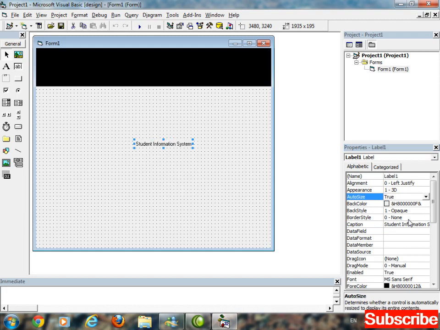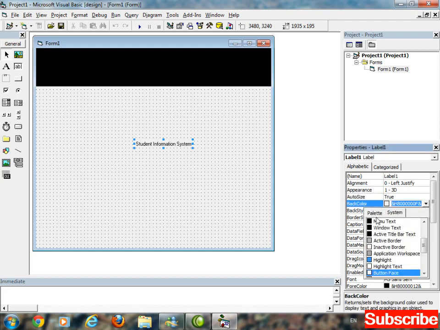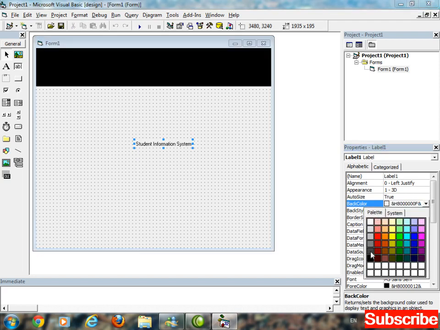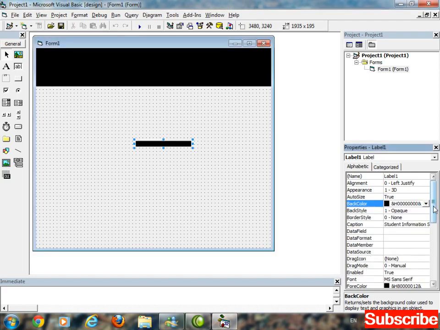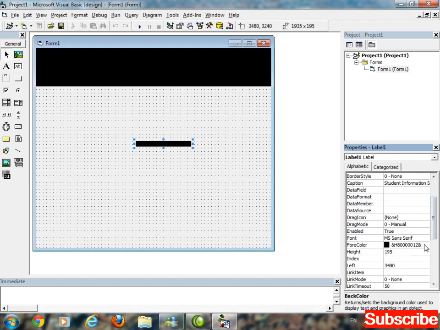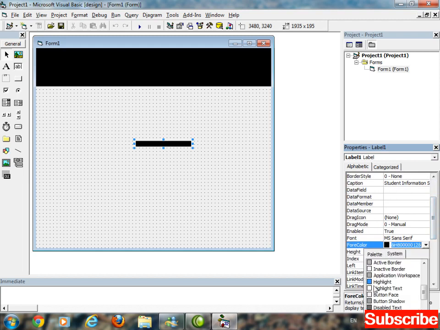Again, you have to change the back color. You have to change the back color of the label and also the fore color. This one, and the fore color should be white or something bright.